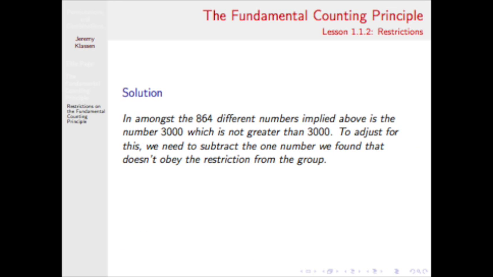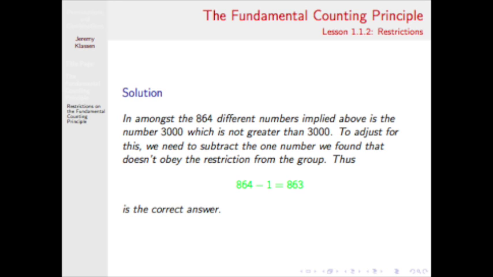The problem is that in all the 864 numbers that we just created, there is one number where we chose 3 for the first digit, and then because we're allowed to repeat the digits, we chose 0, 0, 0. And that number 3000 is part of that group, but it is not greater than 3000, so it doesn't satisfy the restriction of the problem. 3000, however, is the only number that gives us that kind of problem. So if we just subtract 1 from the 864 numbers that we created to get 863, that will be the